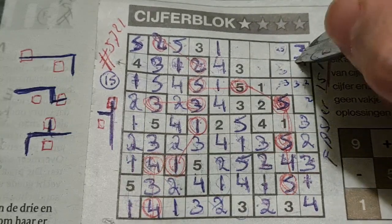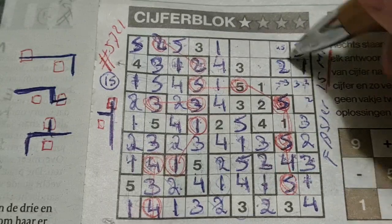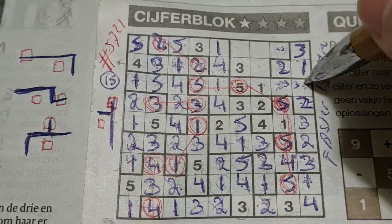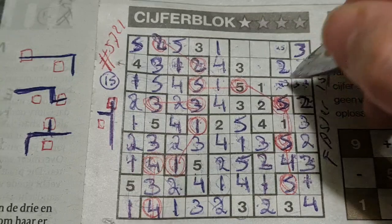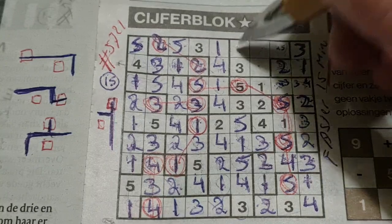And I've eliminated the 1, so the 1 goes there. 1 box left in this triple box for number 2. These 2 boxes can be a 2, so 1 box left for the 2 should be there. So 2 numbers left in this L-shaped area for numbers 3 and the 4. 3 and 4. These 3 boxes surround the 2 can be a 2, so 1 box left for the 2